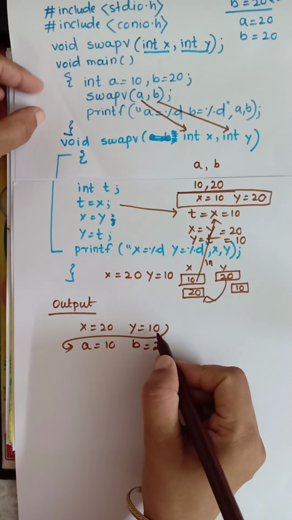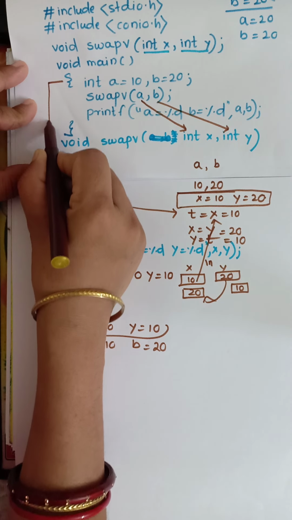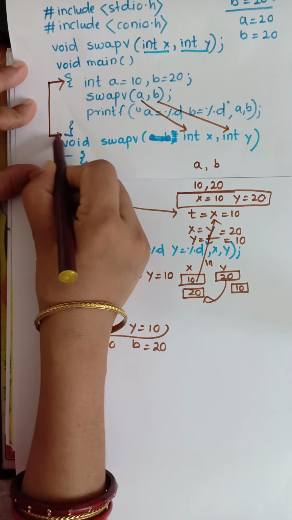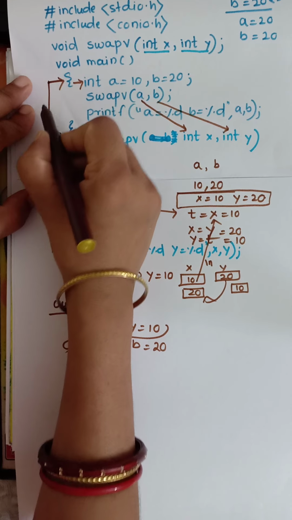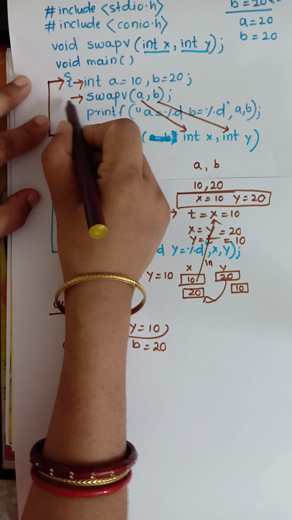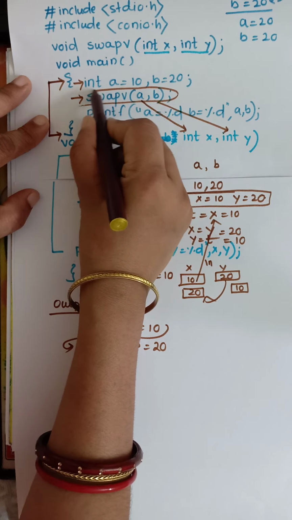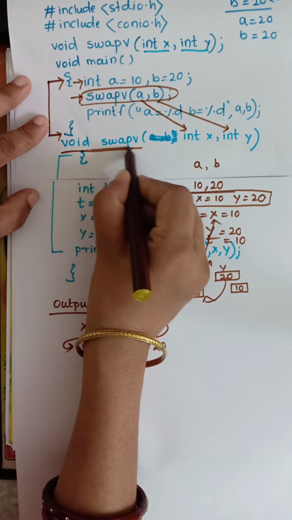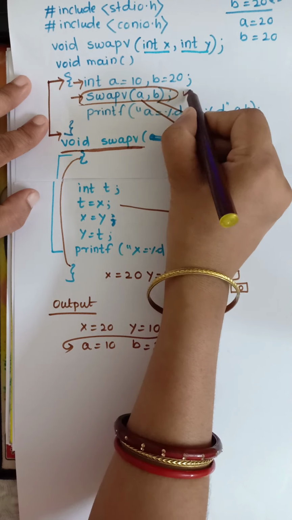So look, in our C programming, inside the void main our program execution is finished. So how is the program executed here? First the compiler comes to this line, where we enter the values, next it comes to this line, swap a, b. Okay, when we execute this line the program goes to the void swap part. What you write inside this function is displayed in this line.